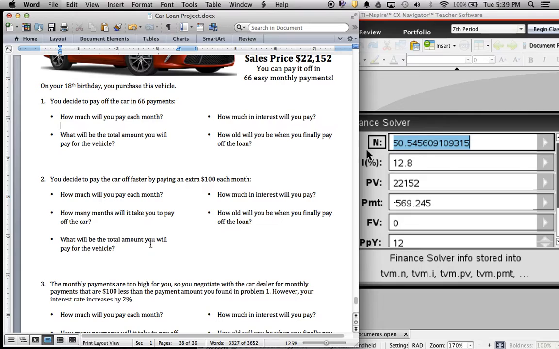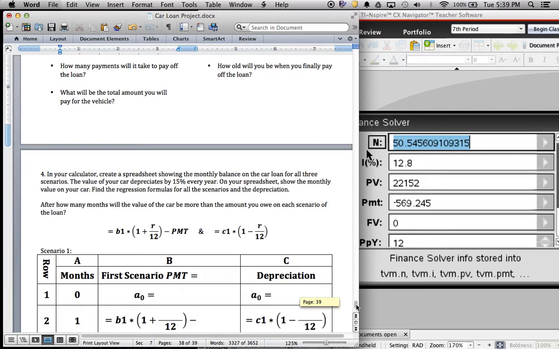All right, and then the total amount that you're paying here, you take the price per month that you're paying times the number of months that you pay, and that'll give you your total amount. To find the interest that you're paying, you take your total amount and subtract your original purchase price. Okay. Now the third scenario is